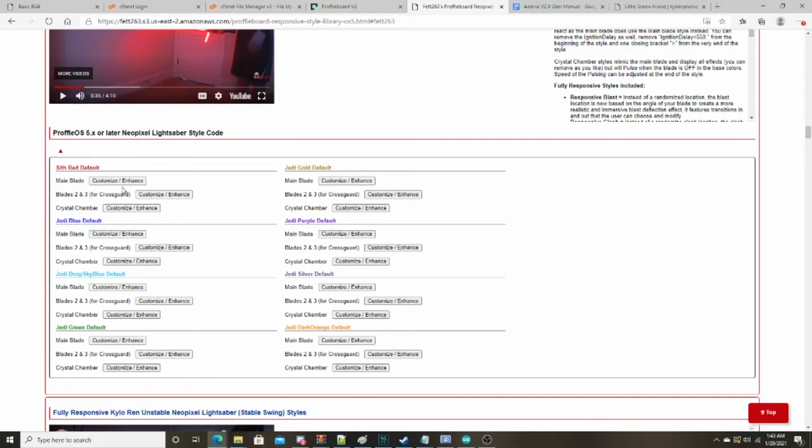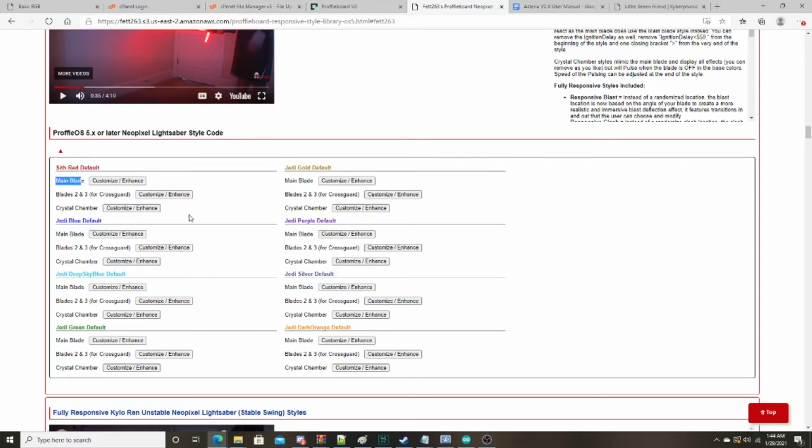So if you don't have a cross guard, you should only be looking at this option right here. Or maybe if you have a crystal chamber, you could probably choose here as well. But mainly, if you don't have a cross guard or anything special, this is the option that you would probably